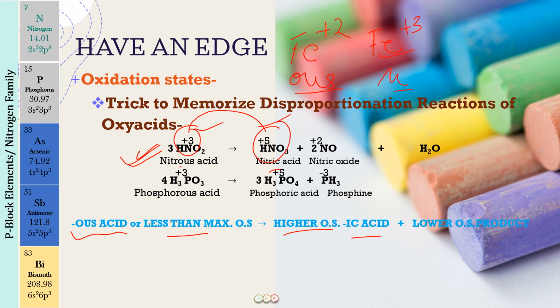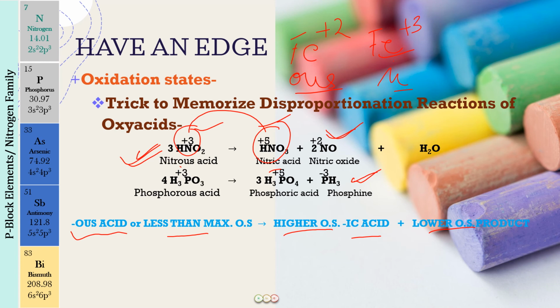So you have found that out. And the other product is going to be a lower oxidation state product. For example, NO is going to be formed, and in the case of phosphorus, phosphine is formed. But now the question is that for nitrous acid, we have NO in a lower oxidation state, and N2O also. So how are you going to predict? Or we can go into the negative oxidation states, like here phosphine is formed, so why is ammonia not formed here? How will you remember that product?